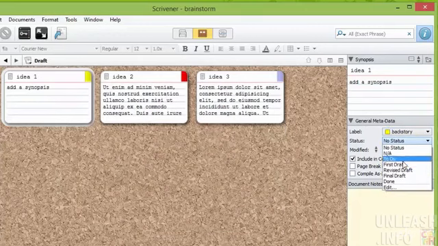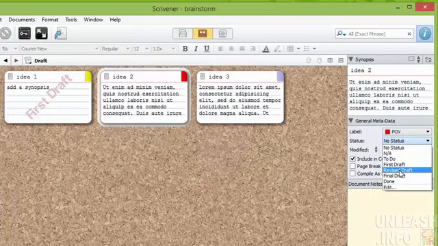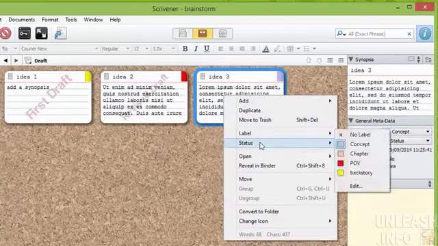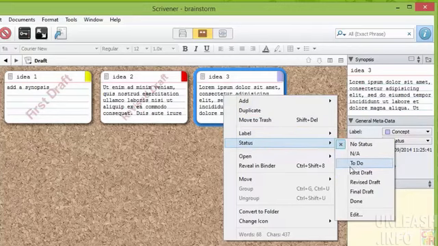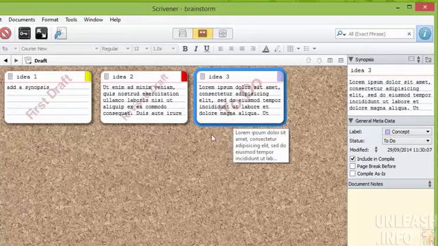But if I say that this one is first draft, this one here is a revised draft, I can right click also on the particular card and apply a status. So if I do to do, and as you can see, we get this kind of very light writing come across the index card: first draft, revised draft, and to do. Okay, so very, very easy and a very quick way for you to see exactly where any individual document stands